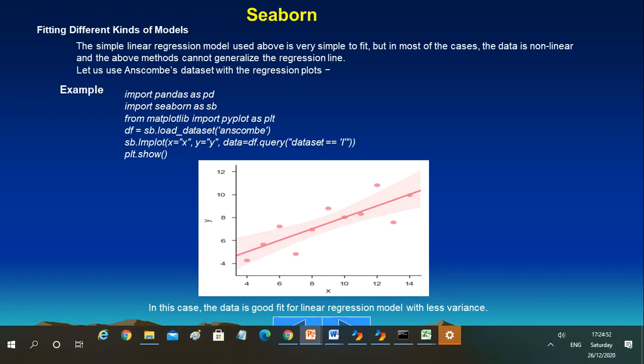Fitting different kinds of models. The simple linear regression model used above is very simple to fit, but in most of the cases the data is non-linear, and above methods cannot generalize the regression line. Let us use Anscombe's data set with the regression plots. Example: